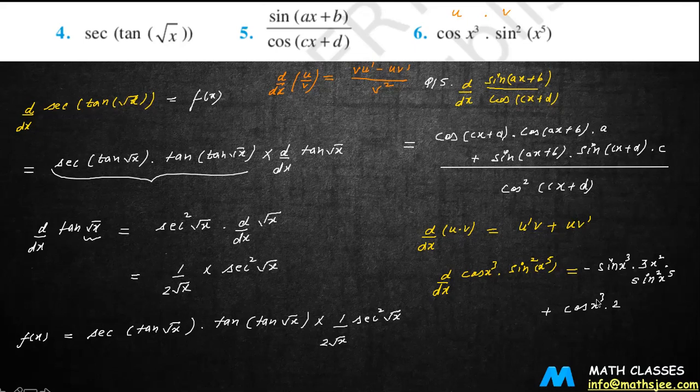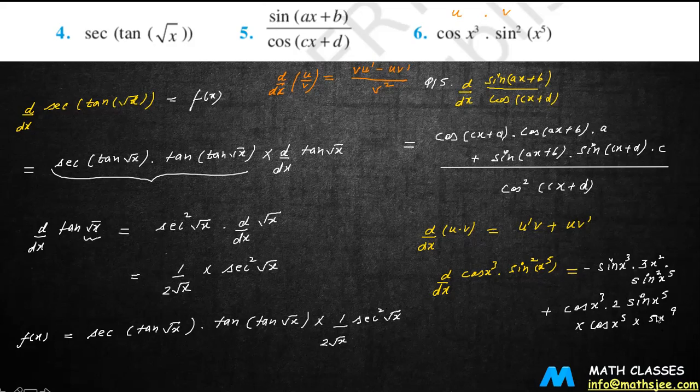So n minus 1 will be 2 minus 1, so sine of x raised to the power 5 into, now understand this point, just now we dealt with the power, not with the sine. Now we'll deal with sine. The derivative of sine is cos, and x raised to the power 5 is as it is. Now we have dealt with the power as well as the sine. What is left is x raised to the power 5, so the derivative of x raised to the power 5 is 5 into x raised to the power 4. So this is your answer.